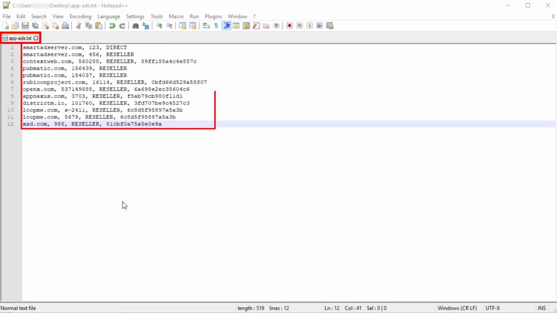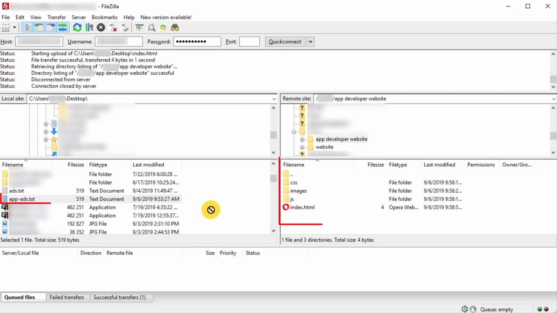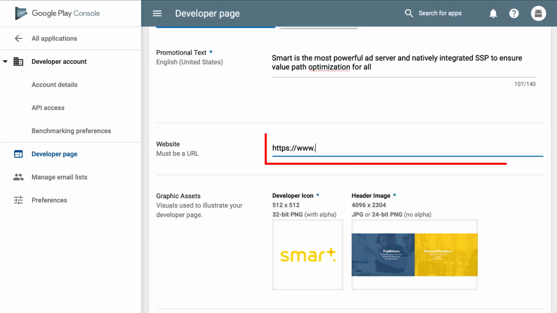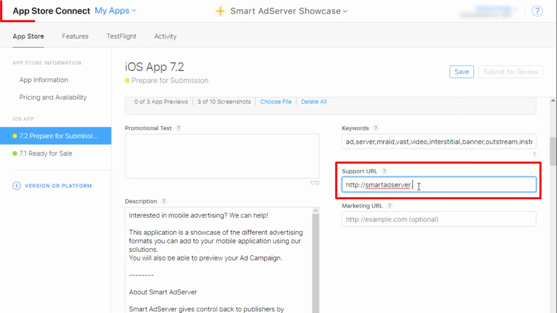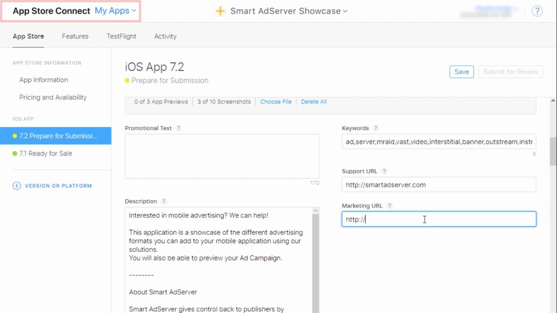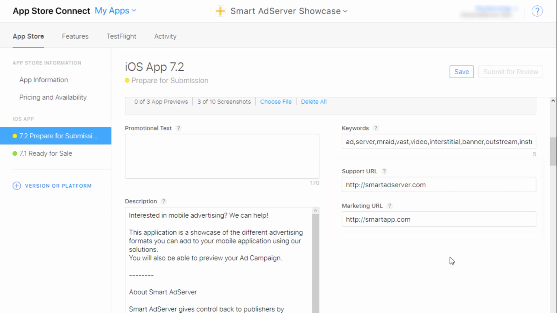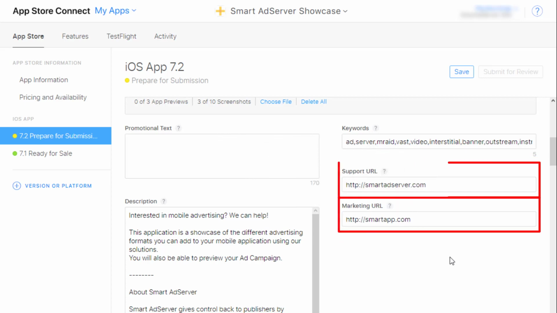Now, let's take a look at the app-ads.txt file. Its structure is the same as the app-ads.txt file, but you need to host it at the root level of the app developer website. The URL of the website must be provided in all the app stores where you sell your app, such as Android or Apple app stores. Remember that in the Apple App Store you can provide 2 URLs, which doesn't have to be the same, and DSP crawlers might check either one of them. So make sure that your up-to-date app-ads.txt file is implemented on both URLs you type in the support URL and